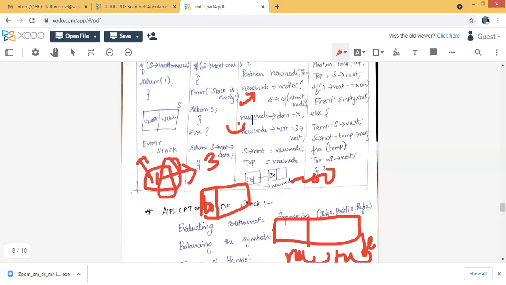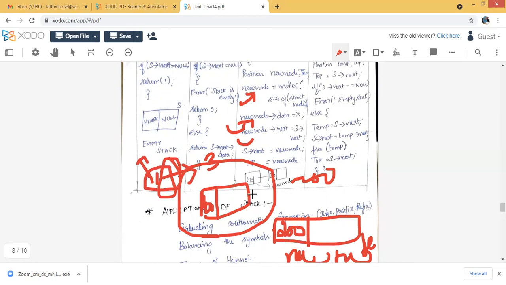Whenever we move on to the new line, new node's data is x. So we just put the element which I want to store. After that, new node's next is equal to the stack's next. So this is my stack next, and this is my new node, right?